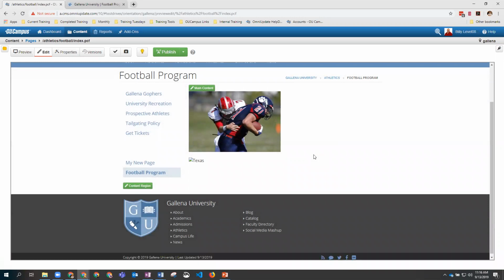That is again because I just now loaded up that image, and because this is trying to show me exactly what I would see if this were a live version. Since that Texas image has not been loaded up to the production side yet, it's only on the staging side, it's showing me the broken image. So if I went to publish this page right now,